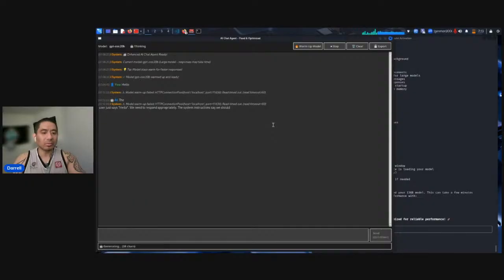The system instructions say we should be, one thing about AI agents is you have to have empathy and watch how slow it can be and stay calm and not get irritated because it's too slow.